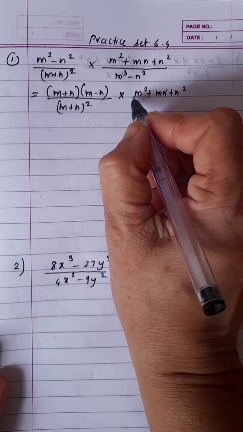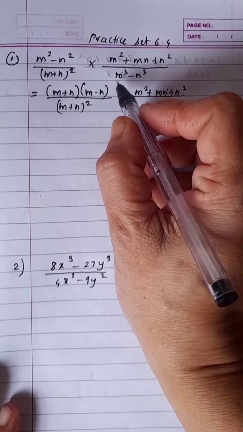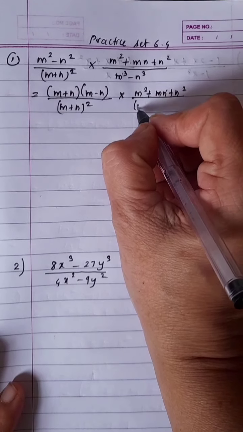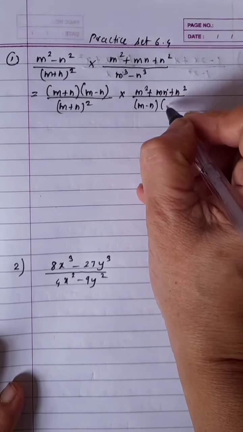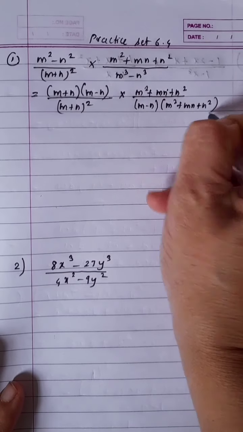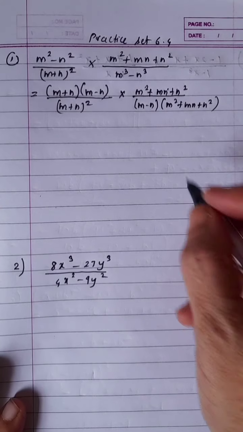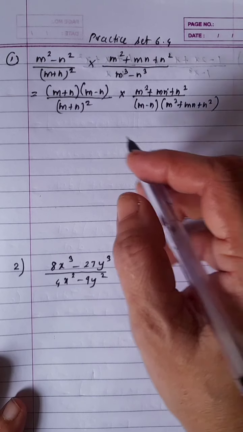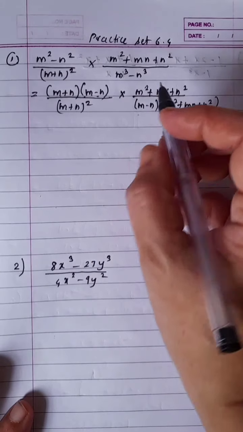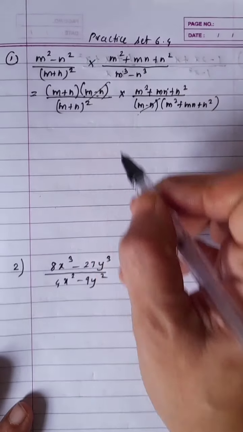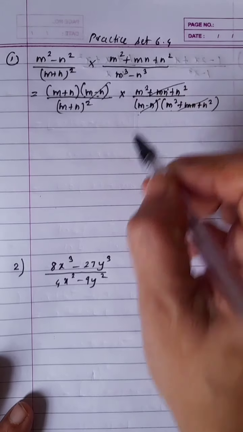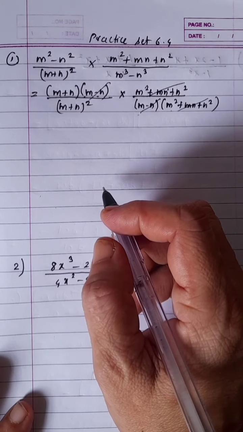without simplification. Here we are going to again use the formula a cube minus b cube. Here m minus n into bracket m square plus mn plus n square. So here we are going to cancel a few like terms. Here m minus n is a binomial, m minus n is another binomial, so this will get cancelled here. We have m plus m square plus mn, and these terms are same, so we are cancelling this.